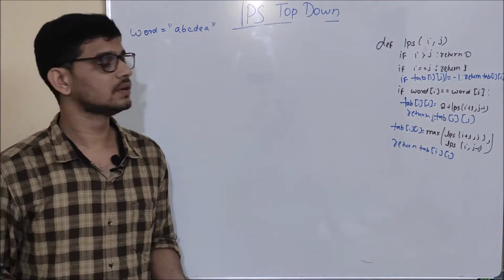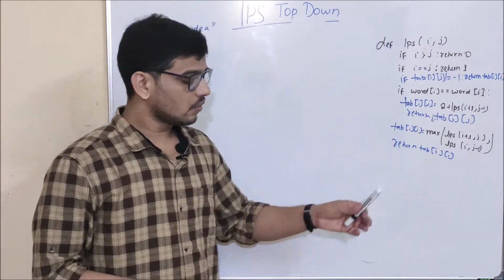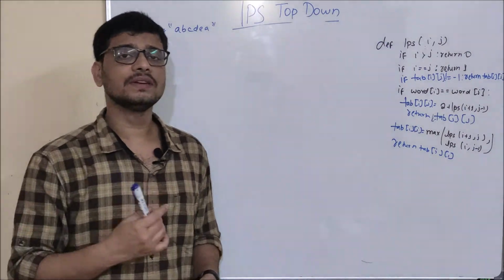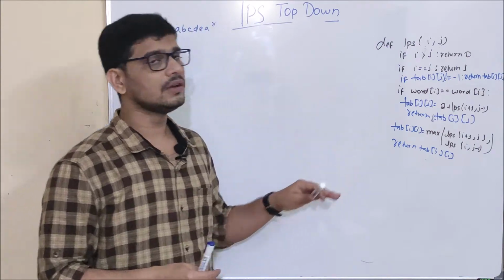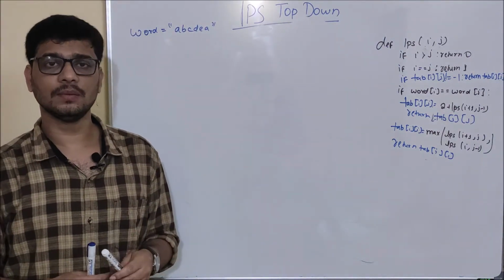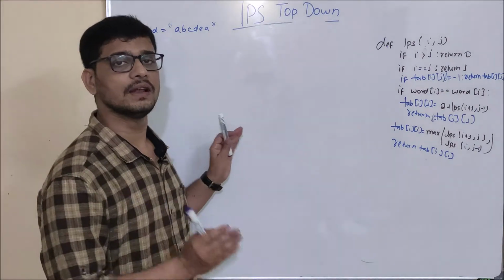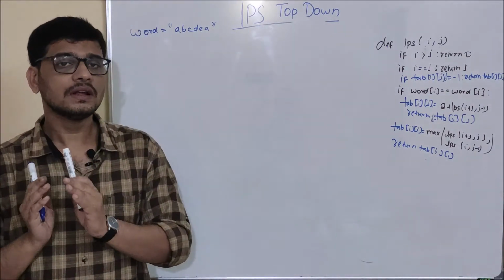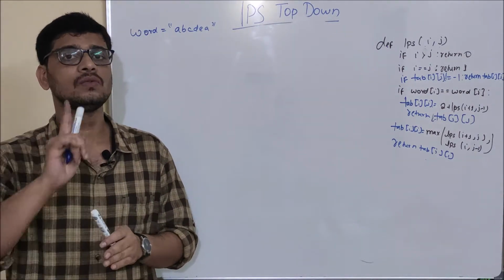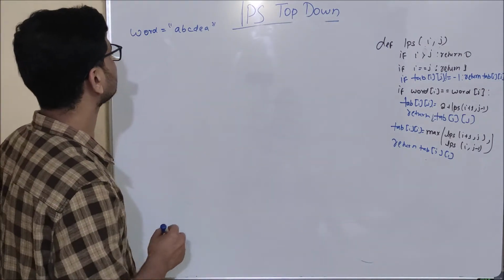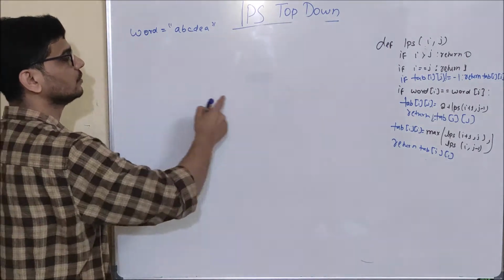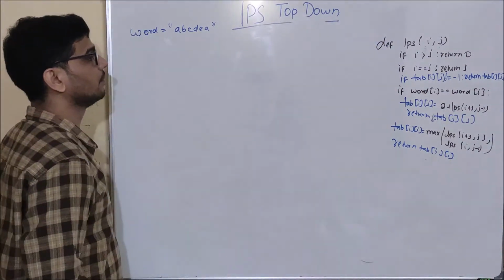Why is it so? Because see, what will our LPS be in the worst case? 1. So basically, whatever value we have not updated in the table, we can treat as not yet computed. So what will be the least value we will be updating in the table? 1. Okay? Now let's see how this code will execute for the top-down program.